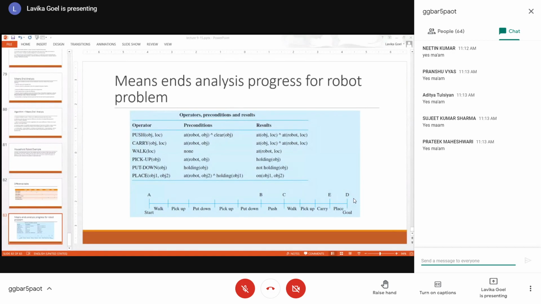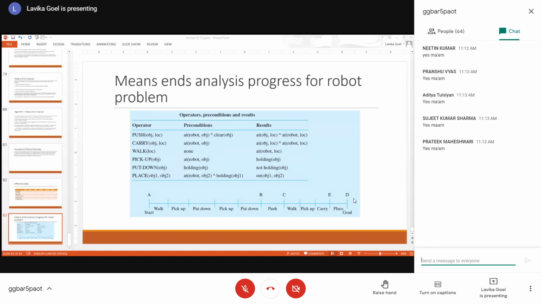It would be the push operator, the operator which can minimize the difference to the maximum, because the major action involved in this particular task is the movement of the table from one position to another, isn't it?